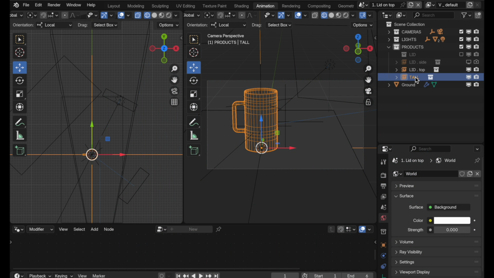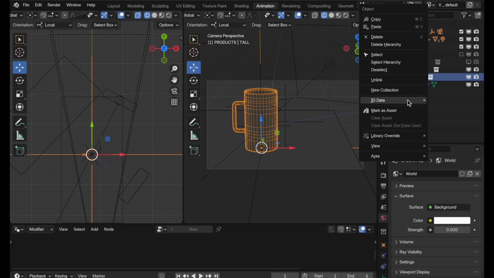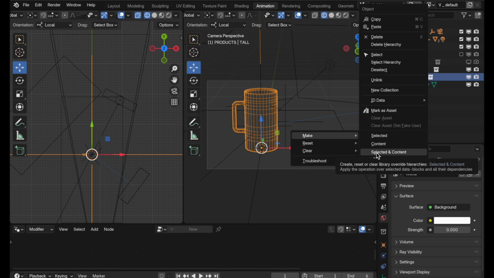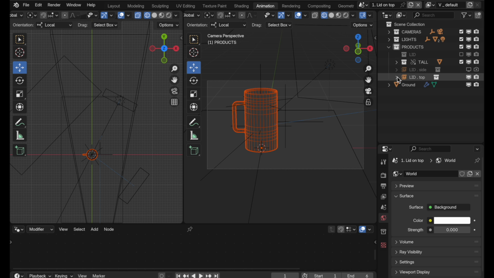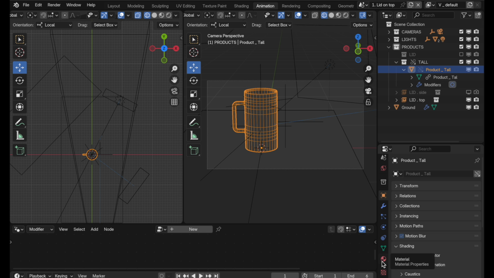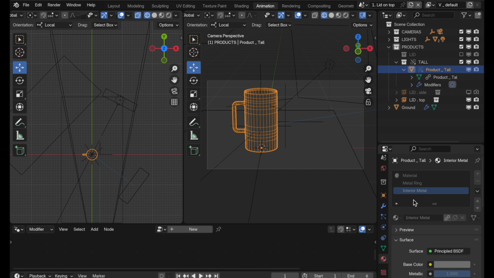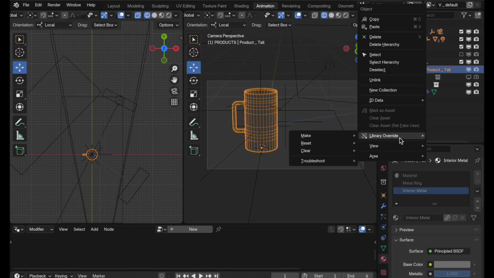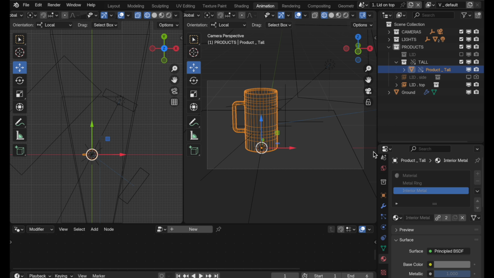Let's do this. Let's come over and bring up the context menu, come down to Library Overrides, Make, and then come back over to Selected and Content. And you'll note that when we do that, we gain access to the internal data structures. But note that when I come down to Materials, it shows us, but things are still grayed out. So you actually have to do it one more time. So come down, Library Override, Make, Selected, and Content. And look at that. Suddenly we gain access to being able to swap out the